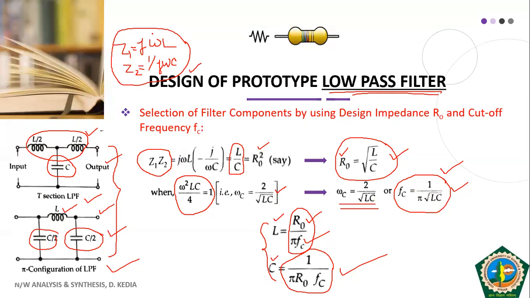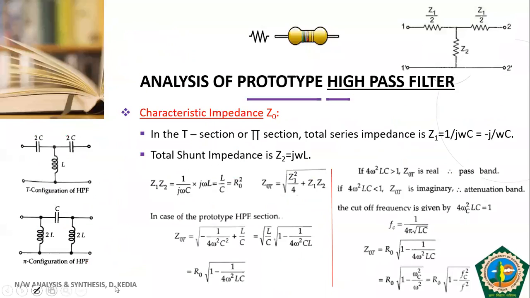So students, now we move to our next discussion, and we will now talk about the analysis of the prototype high pass filter. So till now we had talked about the low pass filter, and now the discussion will be on the high pass filter. If you look at the circuit diagram of the high pass filter carefully, then you will see